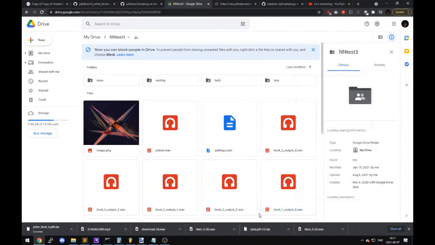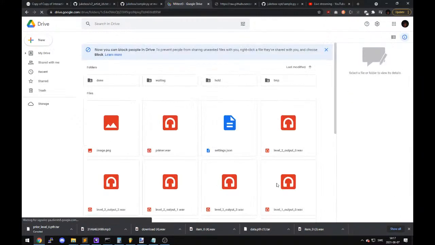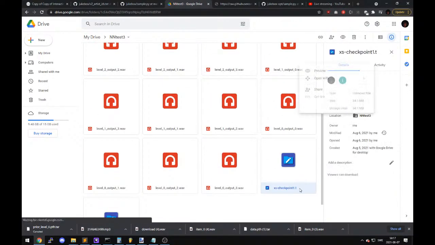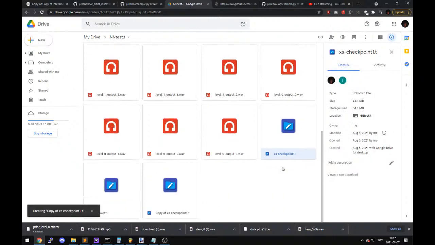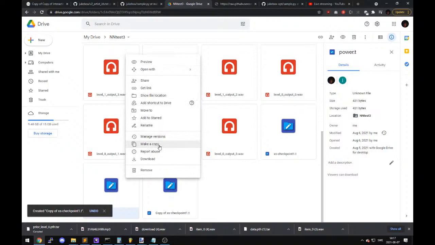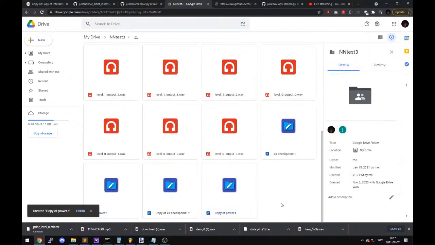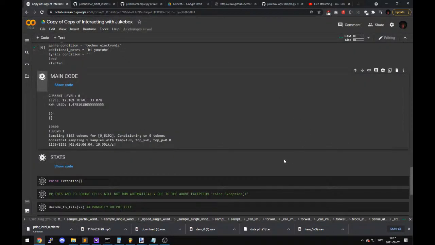Checkpoints. Make a copy. Thank you. In case shit hits the fan. Well, since this is gonna take 5 minutes,